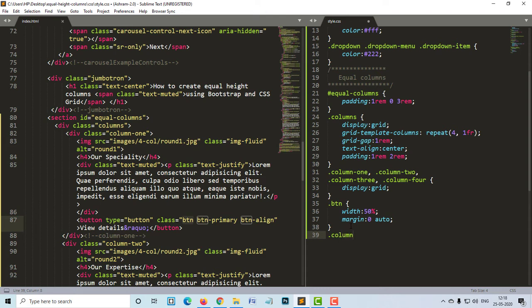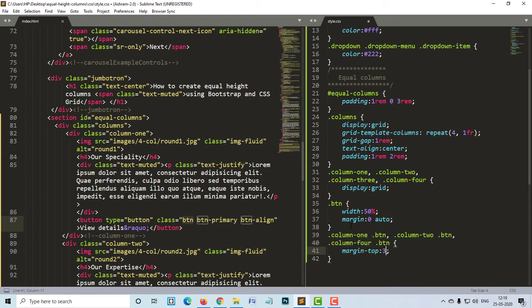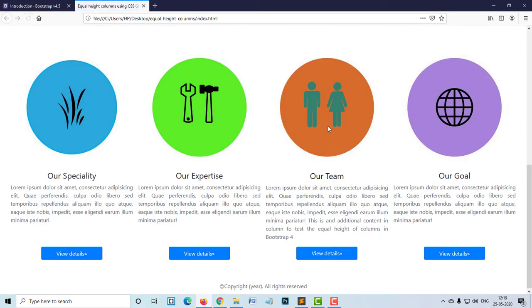Like I say first column 1 class BTN, then we have the class of column 2 class BTN, and then column 4 BTN. These 3 columns, we are targeting them now. We will say margin to the top, let's say 3.2 rem. Save it, and now if you refresh, you can see that all the contents are properly aligned.